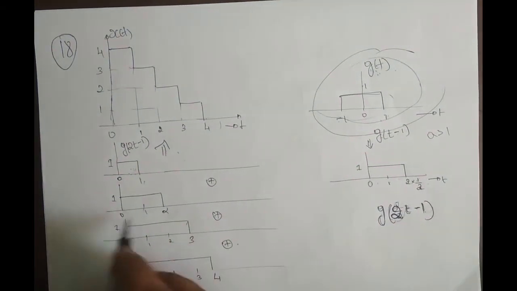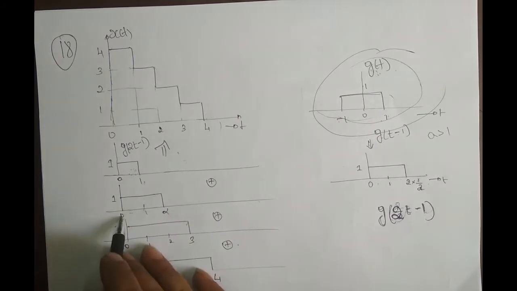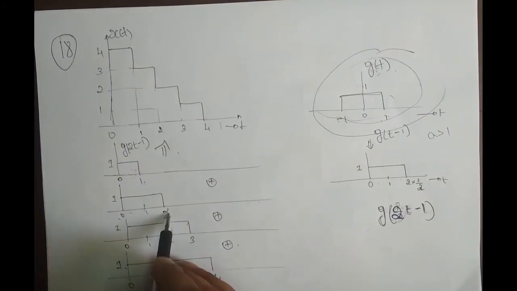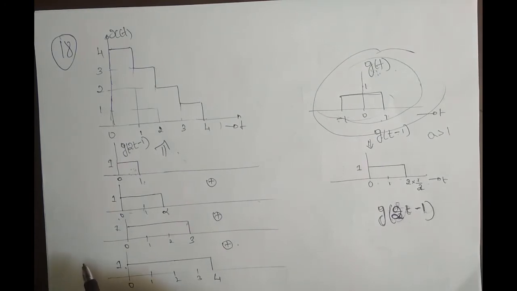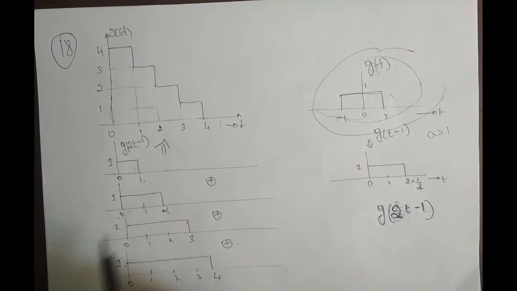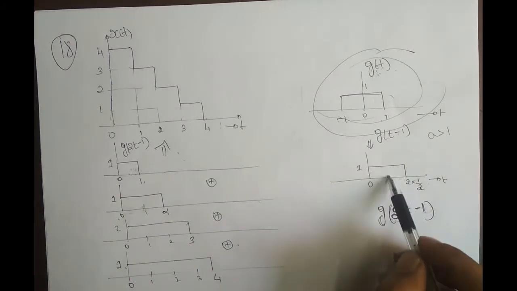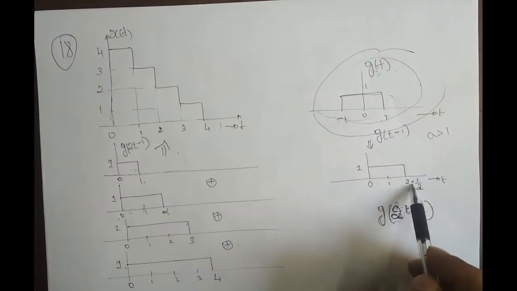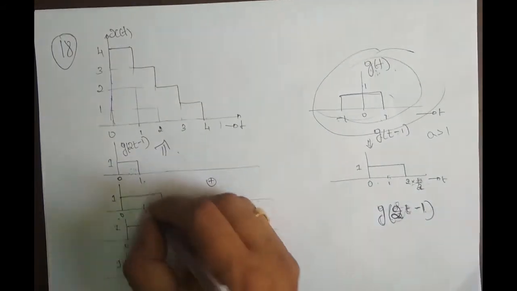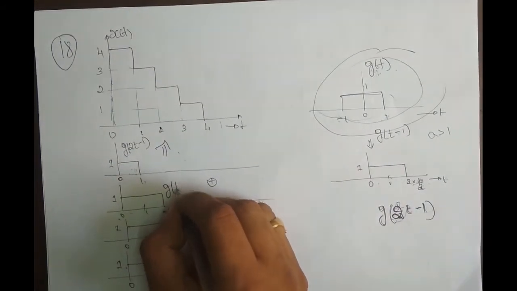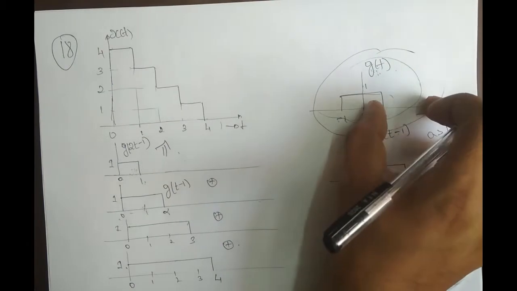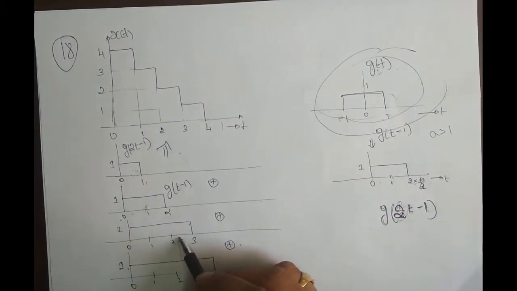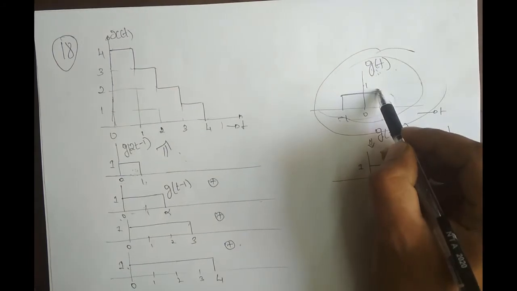Similarly, how do I get this one here? It is -1 to 1, but what I need is 0 to 2. So how do I do it? How do I get this signal in terms of g of t? It's already there, no? It is nothing but g of t minus 1, which is varying from 0 to 2, right? So I can write it as g of t minus 1. If you shift this signal right one time, I get this. Now how do I represent this signal in terms of g of t?